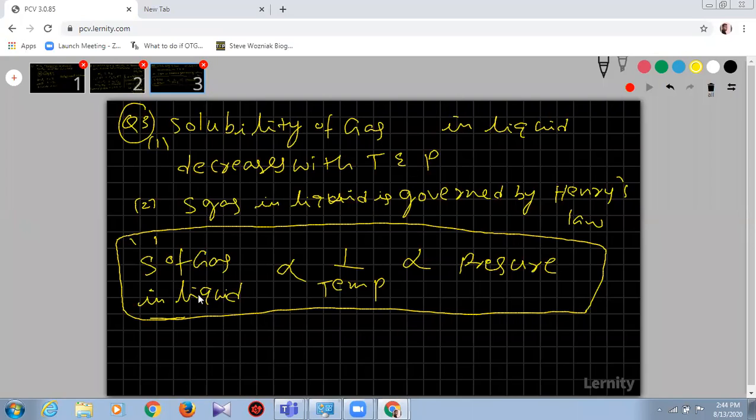I will tell you one thing, simply. You know the Coke, soft drinks. Whatever bicarbonates are there, they get decomposed and give CO2 gas. If you open the bottle, you will hear some kind of sound, because of more pressure. If you apply more pressure, the solubility of the gas would be more. If you increase temperature, the solubility would be less.